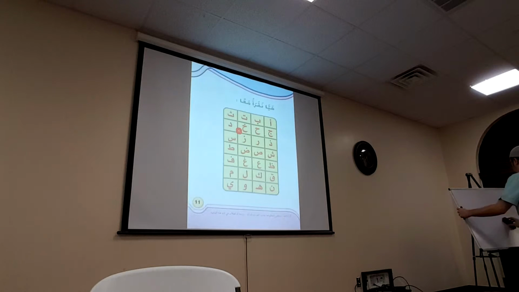Alif. Alif. Ba. Okay, now you look at your book and you point at the letter. So you're looking at it, you're pointing at it, you're sounding it, you're hearing it, and God willing, you learn it, right? So you employ as many resources as you can. So Alif, Alif,